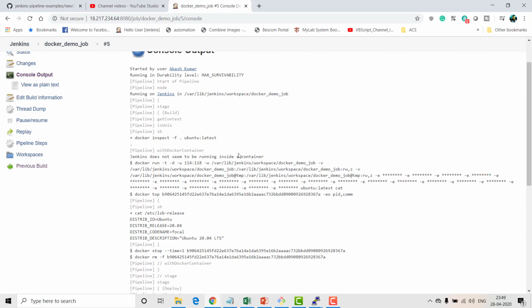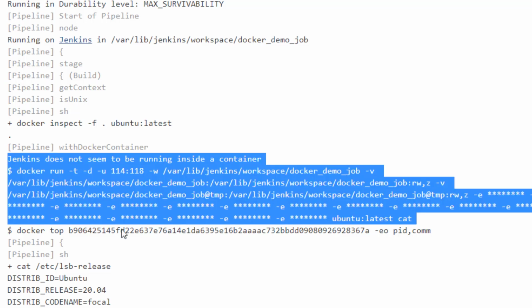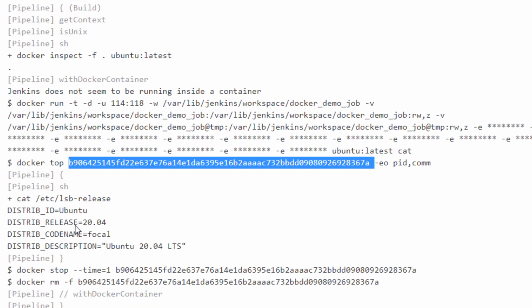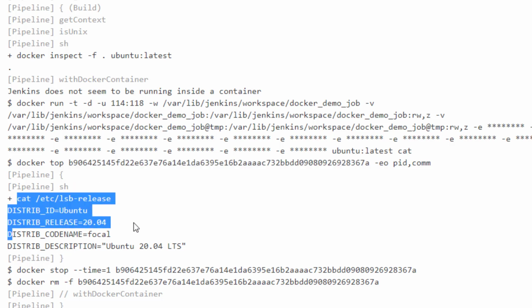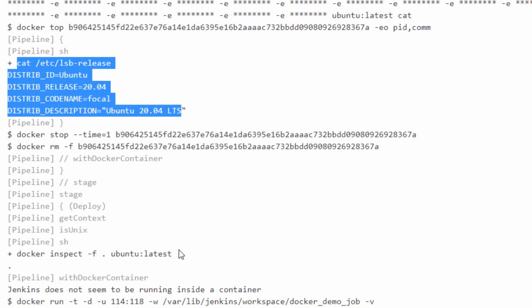Here in this case you can see that as part of the first stage it created a container, and the container ID is this one, B906 and the remaining characters. Inside the build stage it is running my cat /etc/lsb-release command.